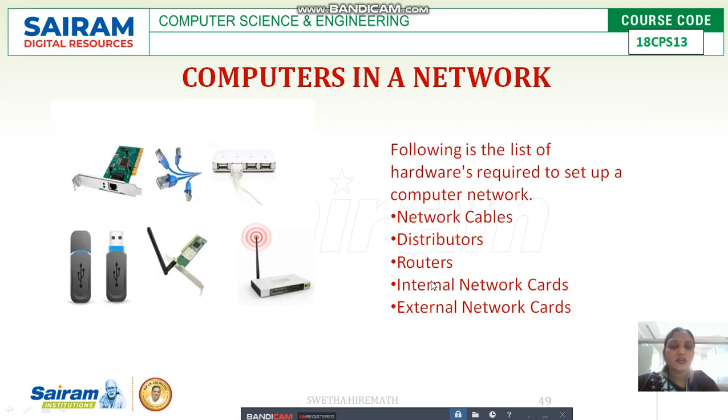So next, moving to the hardware components which are required to form a computer network. So here in this diagram you can see this is a router, these are the cables which are used, these are the switches,